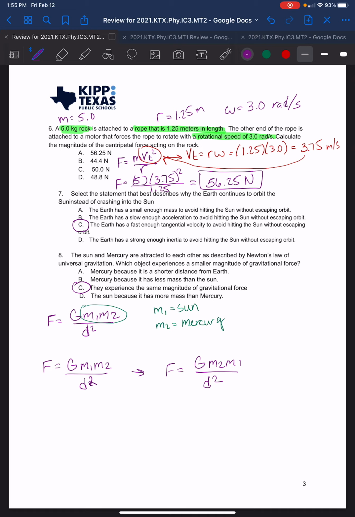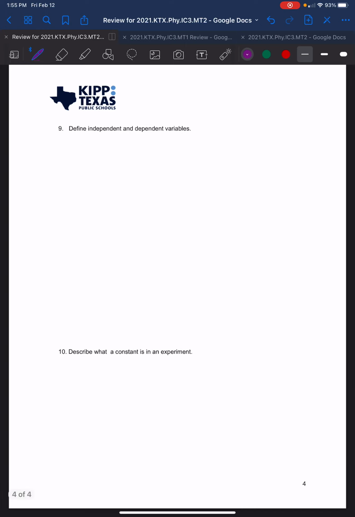All right, our last two problems. These are review type problems. So define independent and dependent variables. So an independent variable is a variable that is not dependent on any other variable. So independent. Oops. Man, that's bad. I started spelling it wrong. Independent